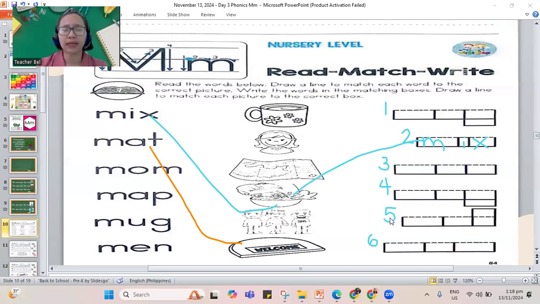Remember, two alligator letters, M and A, and then there's a tall or giraffe letter for letter T. Is it in 4 or in number 5? We have to put it in number 5. M, A, and the letter T. This is mat. That's the box for mat. Let's make a line for mat. Okay, next one. Done with the mat.